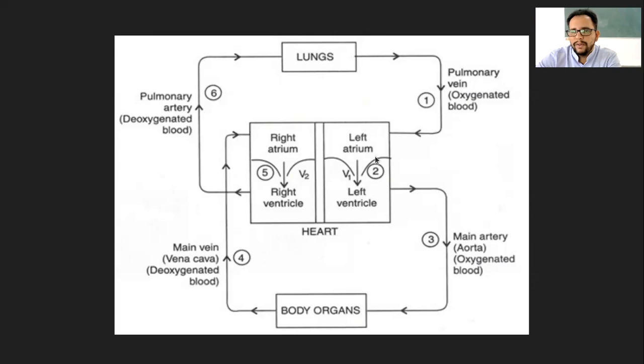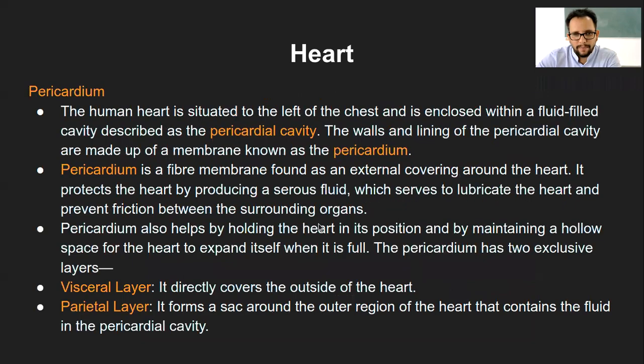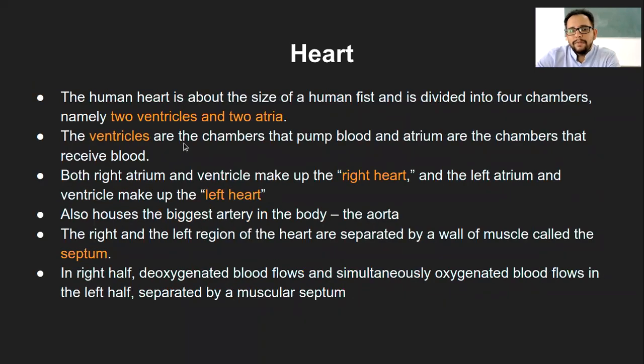This particular compartment is the upper chambers. There will be one on the right, one on the left. That is what is atrium in singular form. And then we have ventricle, again left and right, and they will form the lower compartment of your heart chambers. Now, the ventricles are the chambers that pump the blood. That means from the ventricle, the lower chamber, the blood will always flow out of the heart.